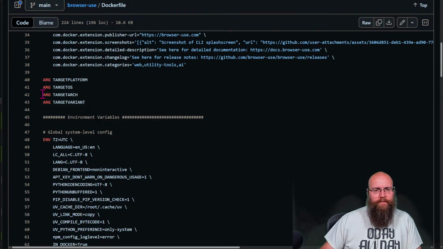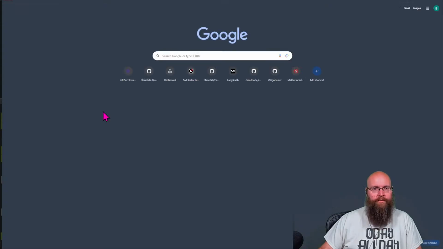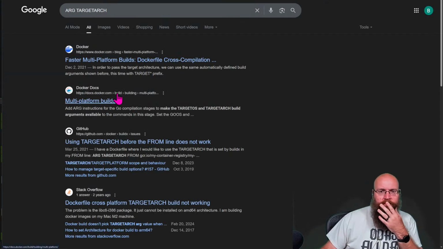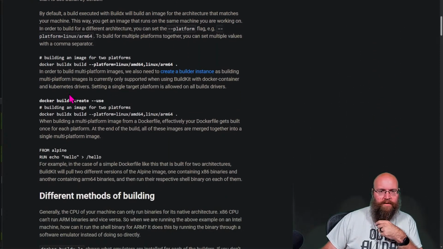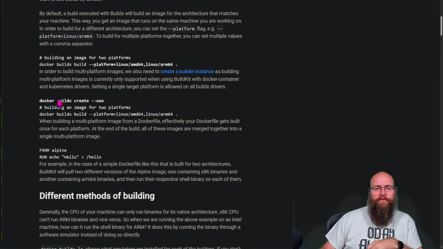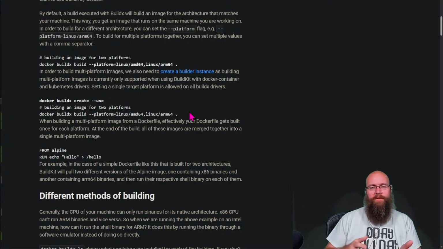Let me check something real quick. What's our target? Sure. Docker. I think that's for buildx. If you're not familiar with buildx in Docker, what that does is lets you build, let's say, a Docker container on your system, but for a different architecture. Like maybe you're on a regular x64 processor and you need to build an ARM container. You could do that on here using buildx. It will cross build it.